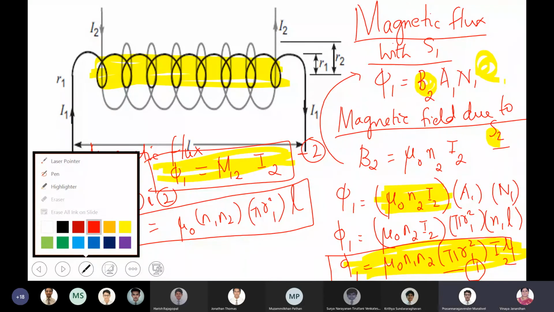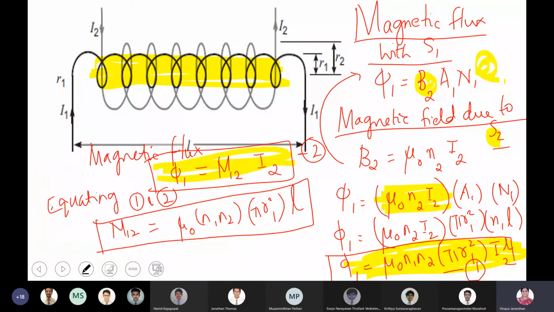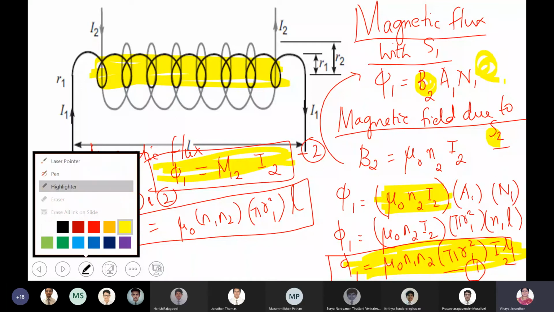That's okay, ma'am. Shall I erase this? Okay, boys. So what you can do is, the M12 you have found, similarly, during examination,